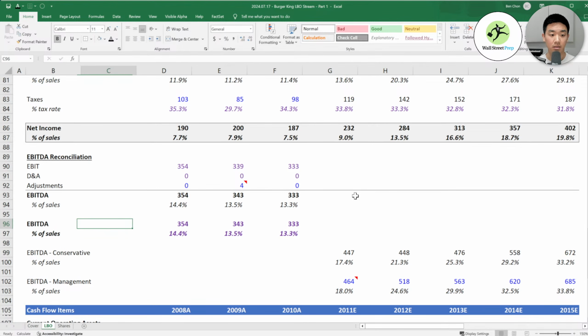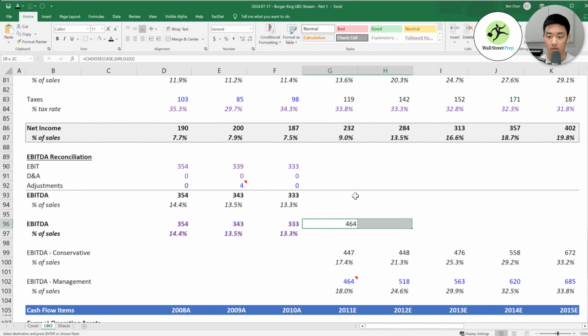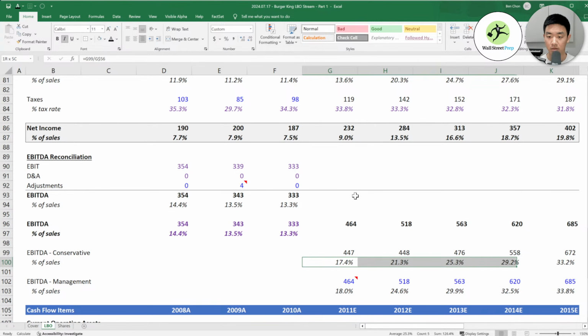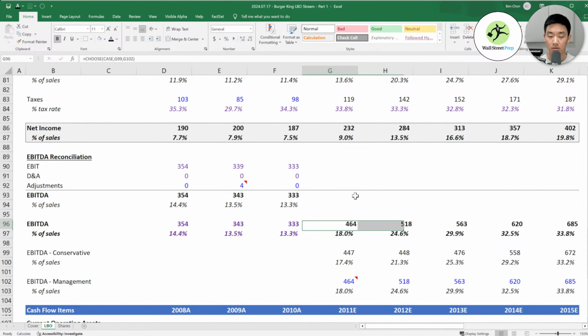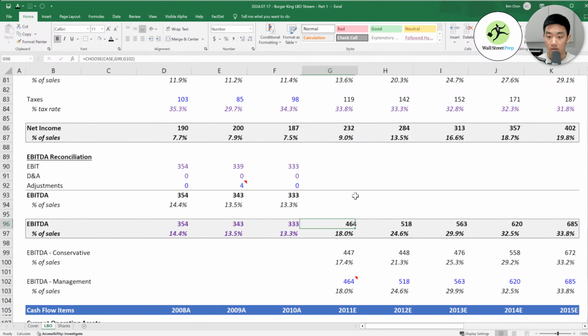And then here again equals choose case, this one or this one. All right, so we have our EBITDA projections, super important.